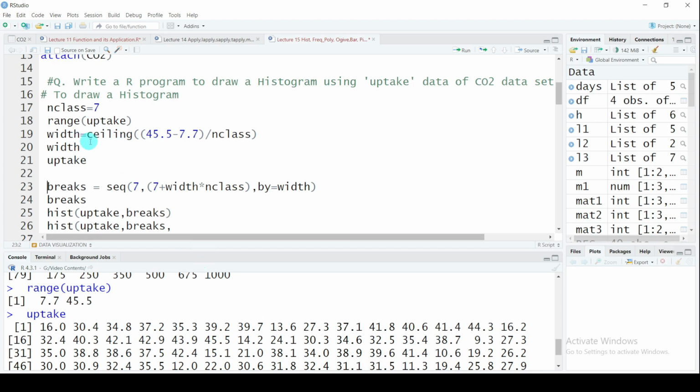So width, generally it is an integer value. We always keep it an integer value. So how can you define the width? Highest value minus lowest value divided by the number of classes. And for example, if I show you this data,